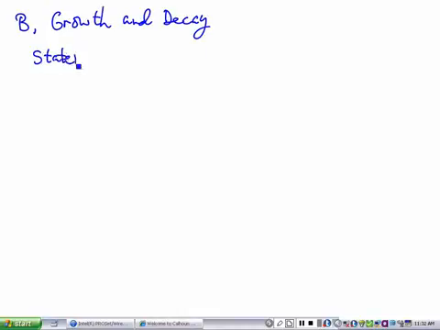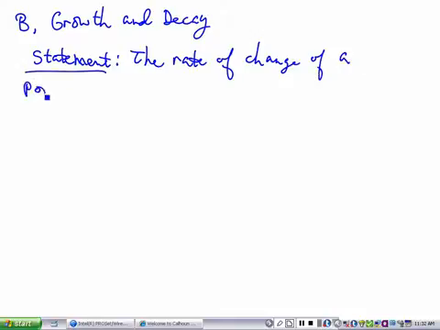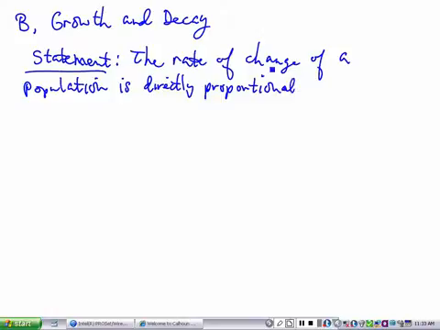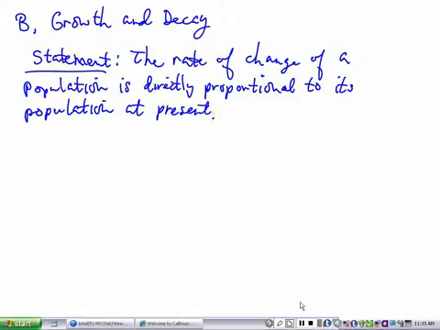Mathematical statement. The rate of change denotes derivative. The rate of change of a population is directly proportional to its population at present. Now, the equation that you get from this implies that